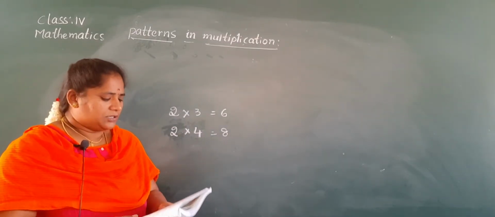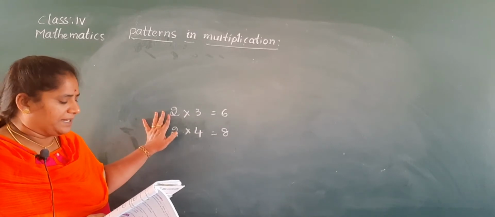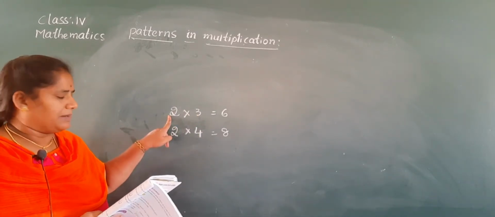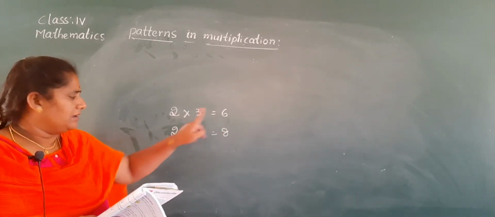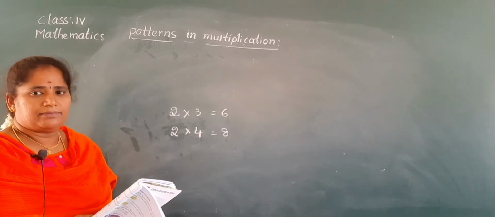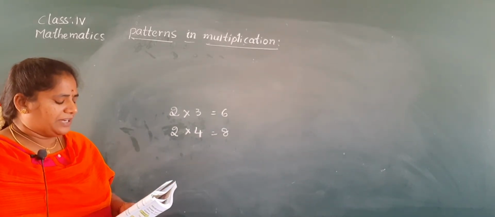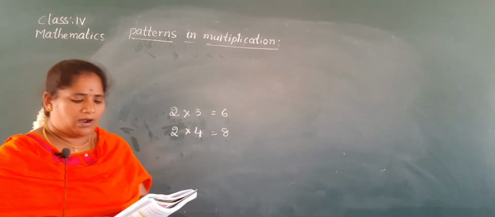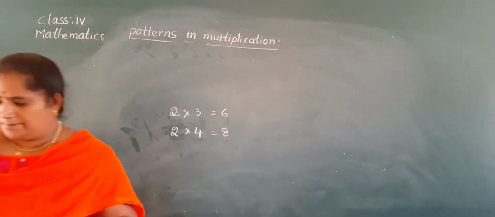Okay. So the product of an even multiplicand with an odd will be an even number. So an even multiplicand with even will also be an even number. Okay, ma? So we will write like that. The product of an even multiplicand with an odd or an even number will always be even. Write down, Nana.